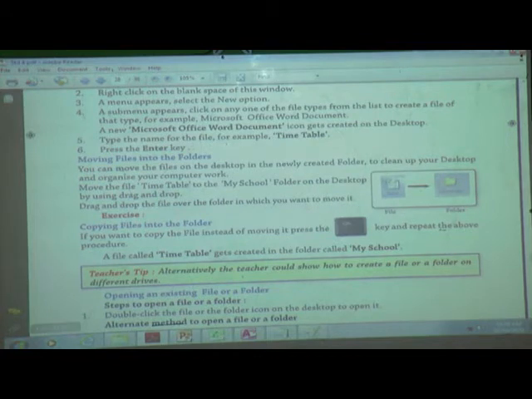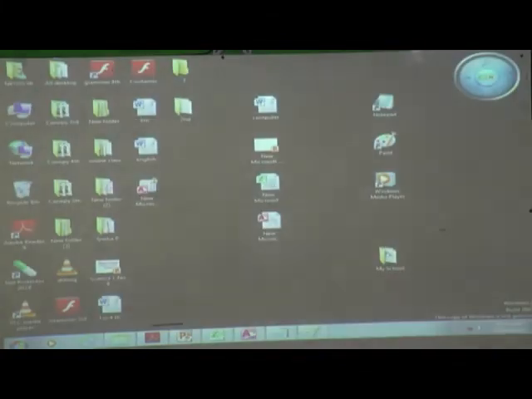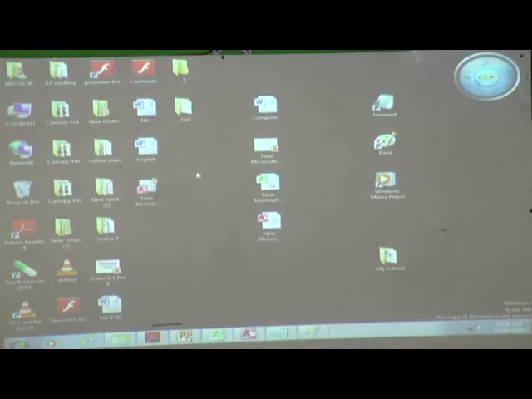Okay, we will see what is meant by drag and drop. Here there are so many files, so we cannot find things easily. If you want something, we can arrange all these files in the My School folder. How to keep all these files in the My School folder? Firstly, click. Which click? Yes, left click. Then press it continuously. Don't leave the finger, press it continuously and move it here.